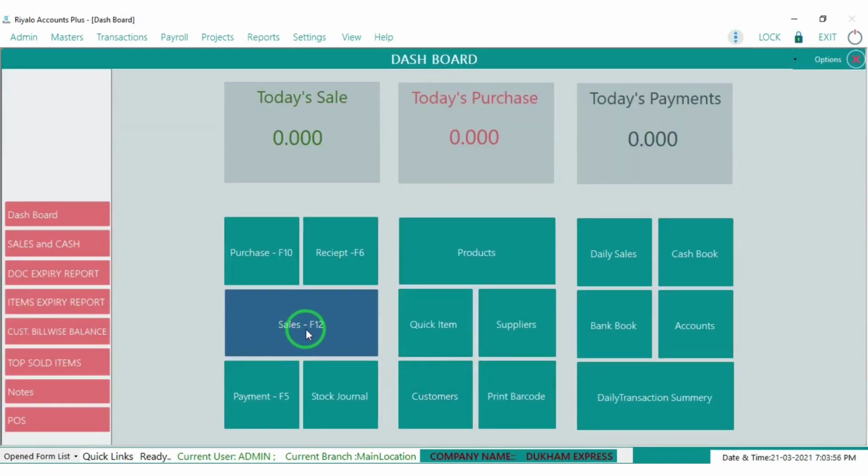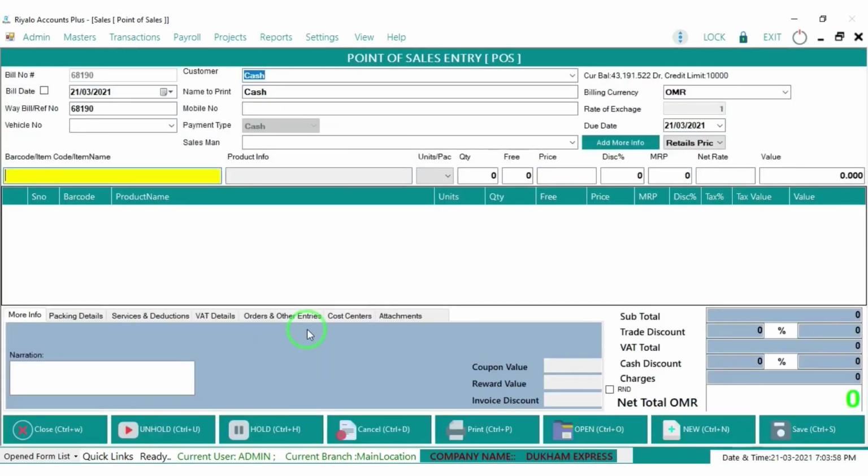Now we can move to the sales section. There are two types of sales entry: the normal sales entry and the POS sales entry. This is the normal sales entry, where we can select the customer, enter the mobile number, scan the product and directly save. From here we can design multiple bill designs and keep them in a section. At the time of printing, after saving the bill, we can select which print we want, like A4, A5. We can customize 2-3 prints and everything.